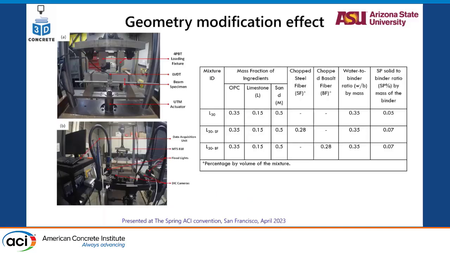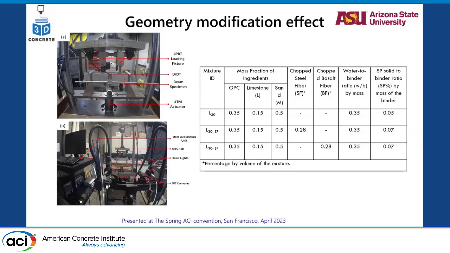So we did some compression tests also on this, but for the sake of keeping my presentation short, I am just going to present my flexure results here. We did lower fiber doses initially. So for a usual mortar mix that we have been printing at ASU, a 30% replacement of cement